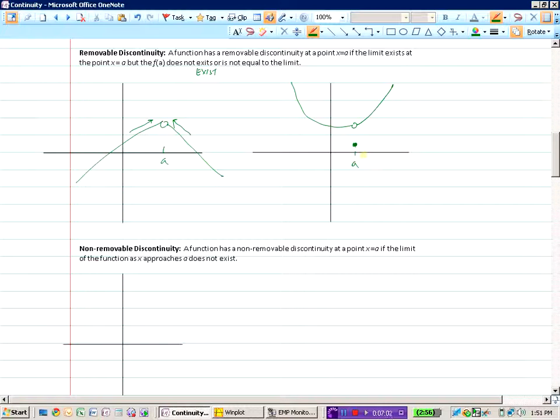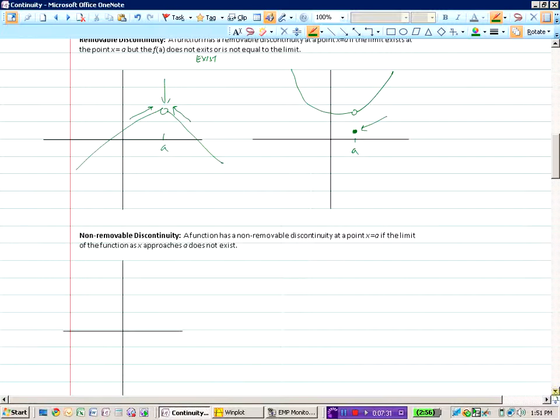And can you kind of see, basically the graph's intact, except there's a little hole at that point. That's why it's called a removable discontinuity, because it's like someone's taken one point and just removed it from the graph. There's just like a hole missing, and maybe someone's just completely taken the hole out, like this example here, or they've taken the hole out and they've moved it somewhere else. Those are removable discontinuities. A non-removable discontinuity,